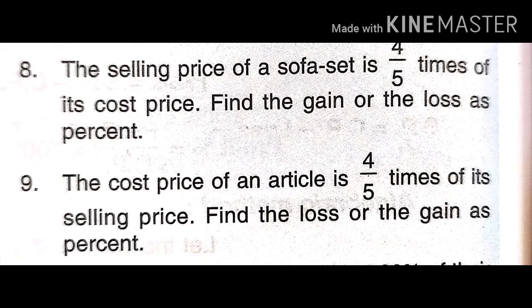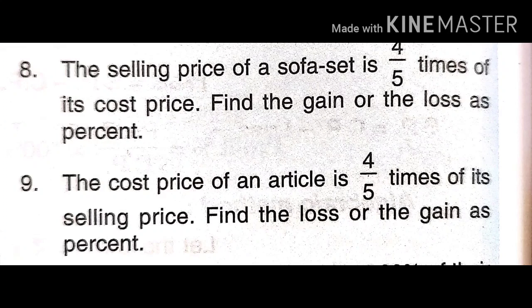Here in this question there is no data or money. Price of sofa set is not given, so we can take the price of sofa set either 100 rupees or x rupees. Whenever you get a question like this, with no money given, you can take the cost price 100. In profit and loss, in the first class I have told you, if cost price is not given in the question, we cannot solve the question. At first we have to take cost price. 8 and 9 are similar questions, so you see the solution of question number 8 at first.